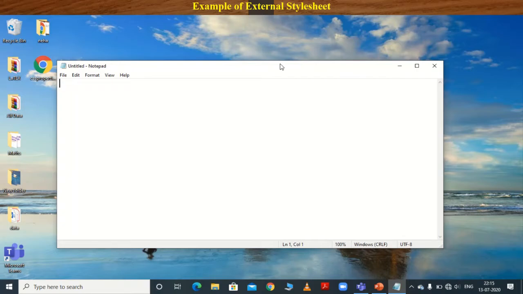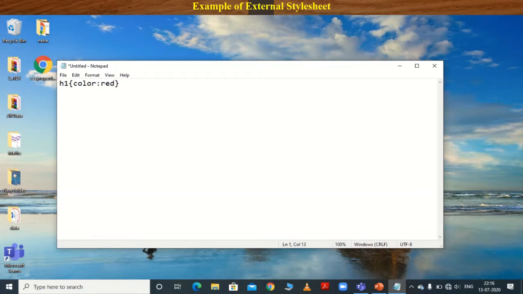As I already explained in the example, write all the elements or all the tags which are included in that example as it is. So the .css file contains h1, curly brackets open and close, then color colon red.